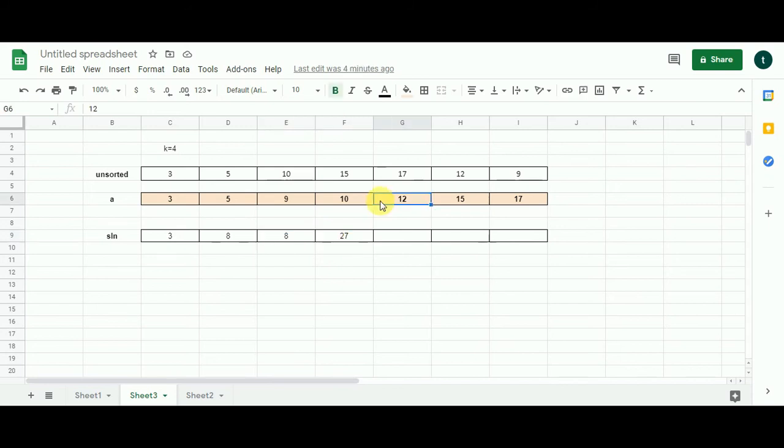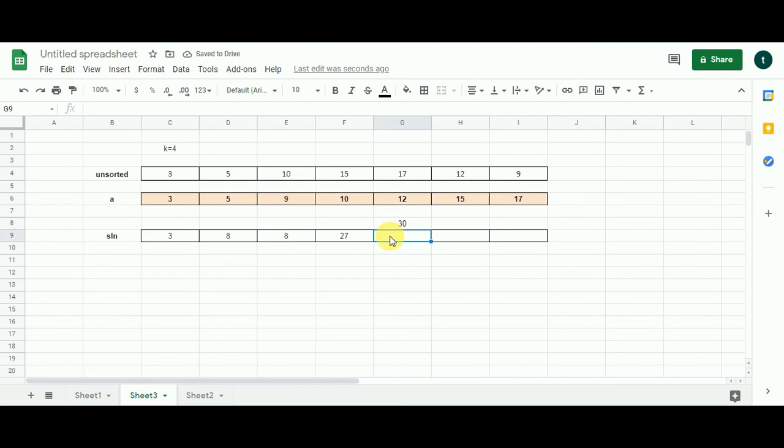Now the next subproblem involves 12. So first what we are going to do, we are going to subtract 10 from this 12. We get 2 as the answer. 2 is less than 4. That means these two integers can form a pair. When these two form a pair, the result of the addition will be 22. That 22 will be added to the value of the cell before the immediately previous cell of the current subproblem. So 22 plus 8 is going to be 30. Now this 30 is one of the candidates for this cell.